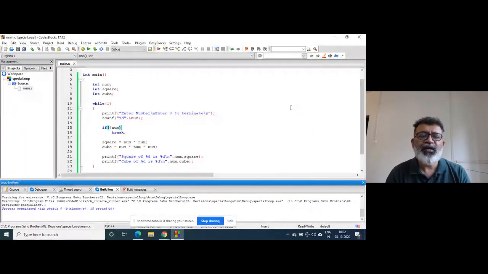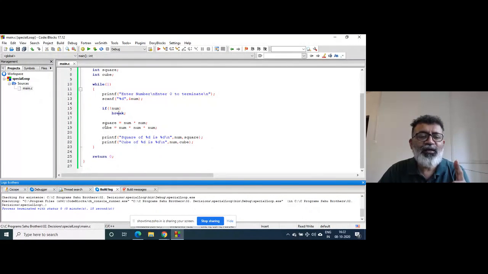Finished. Right? Why? Because you entered 0, num contains 0, not 0 means 1. That means the condition is true. So what have we said? When the condition is true, break. Break means control will take this; the rest of the things will not be executed.